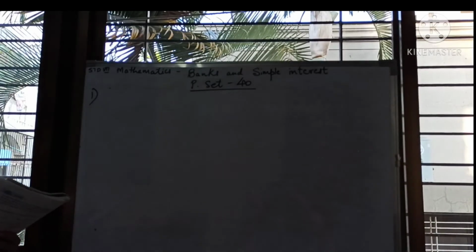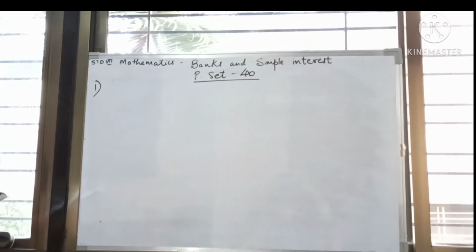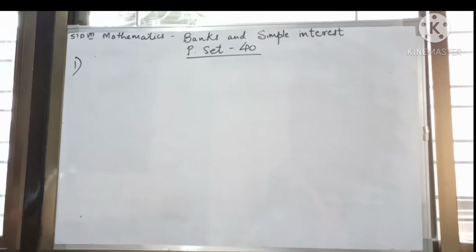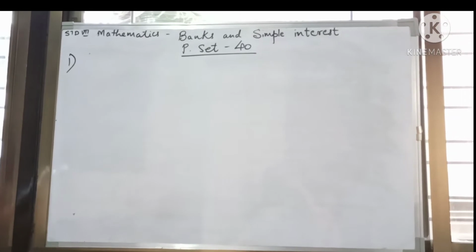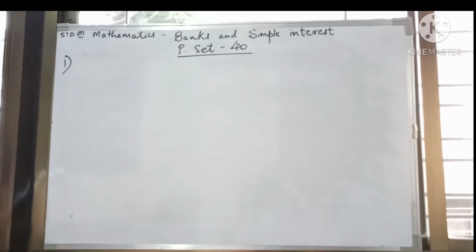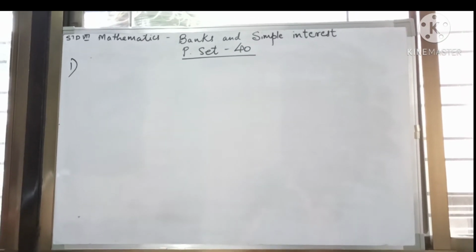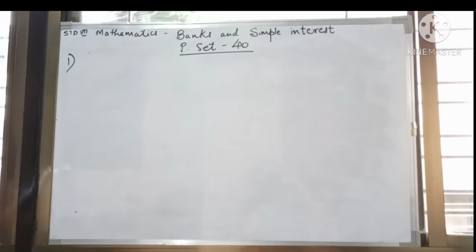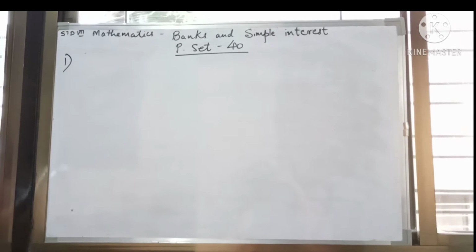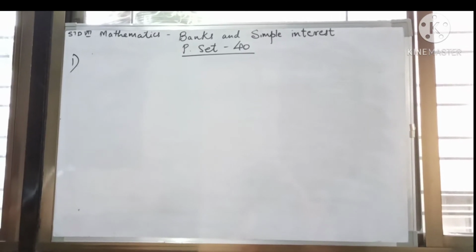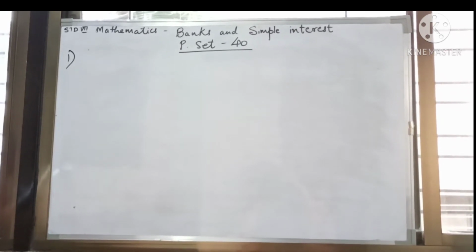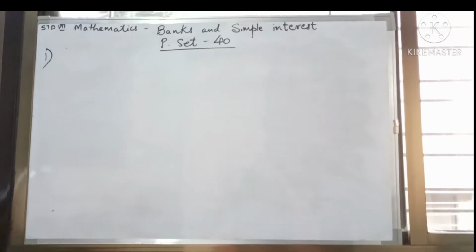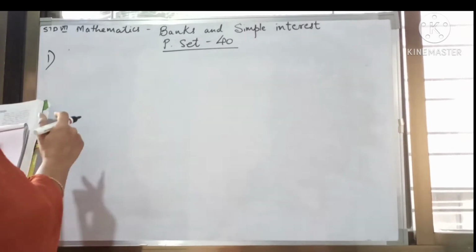We will solve examples. We will solve an example from practice set 40. The first example. If Rihanna deposits 1500 rupees in the school fund at 9% per annum for 2 years, what is the total amount she will get? So in this example, principal is given, then rate of interest is given, time period is given. You have to find out first simple interest and then find out the amount. So we will write what is given to us.